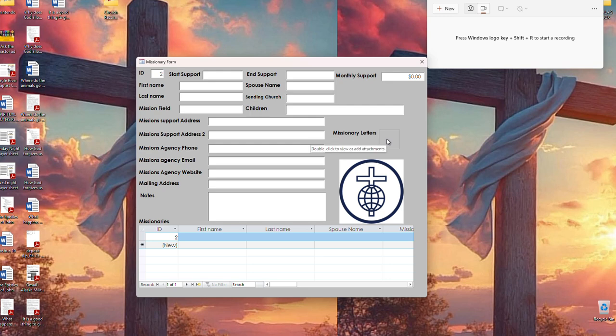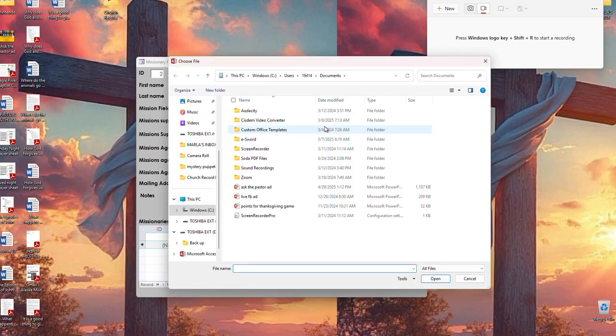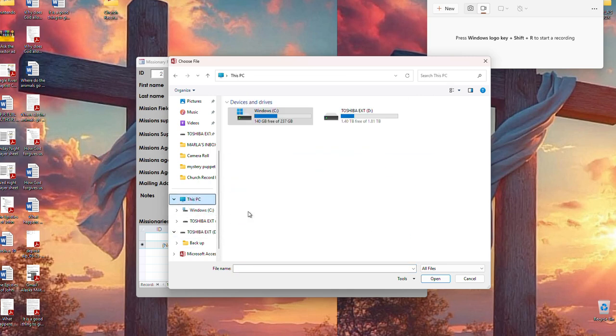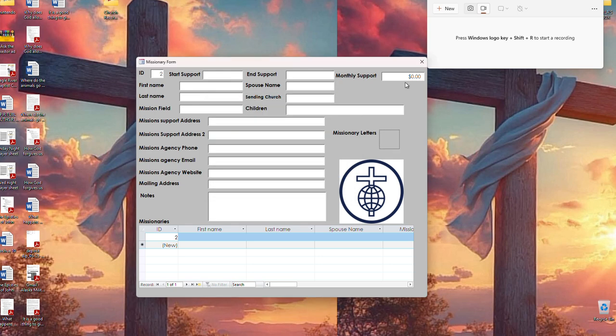Missionary letters, if they give you a letter, you can put that in here to archive it, okay, just add it from wherever you're adding it from, okay,